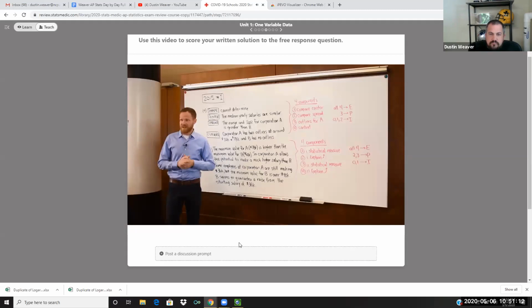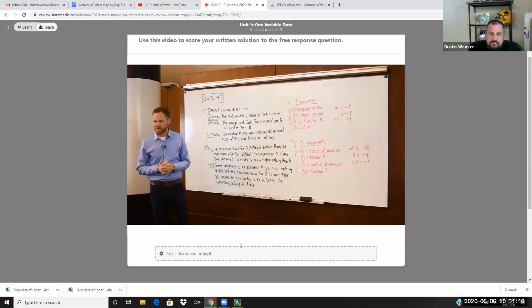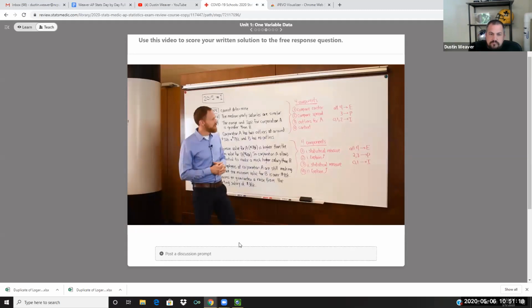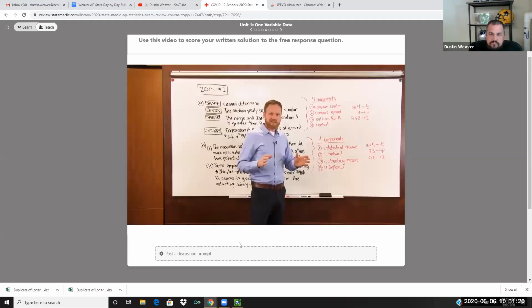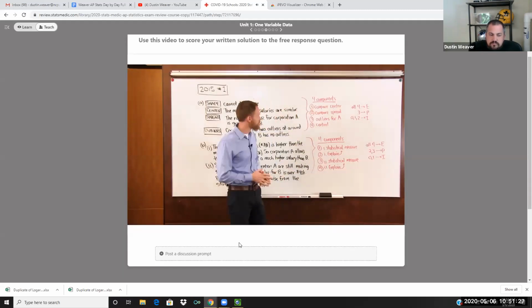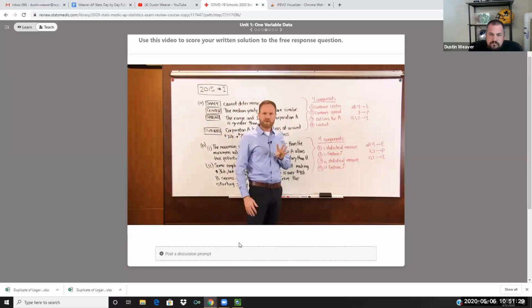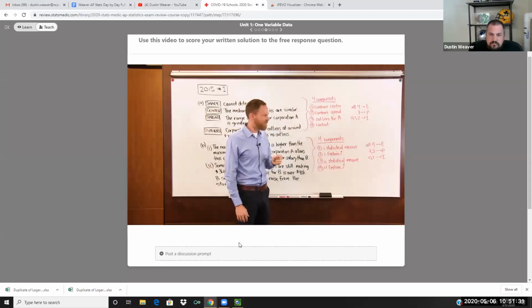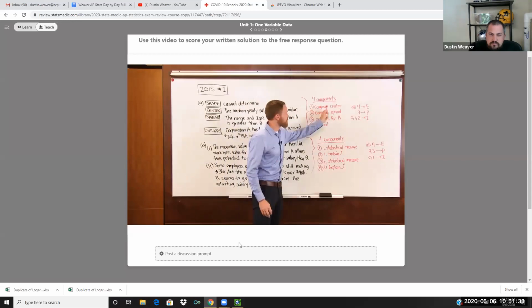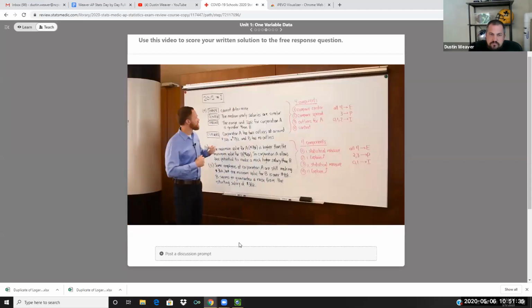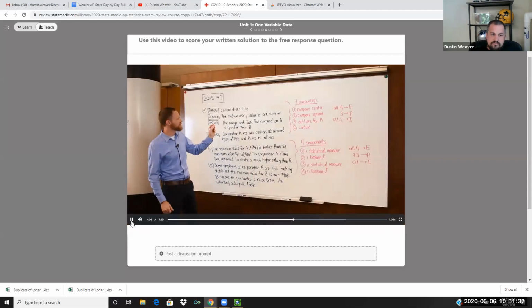So now let's take a look at what the rubric says for this particular question and what exactly was needed in order to get full credit. There are 2 parts that need to be graded on this rubric. Part 1 is Part A, and the second part is Part B. In Part A, there are 4 components that must be satisfied in order to get full credit. The first component is to compare the center. Well, if we take a look at the model solution here,